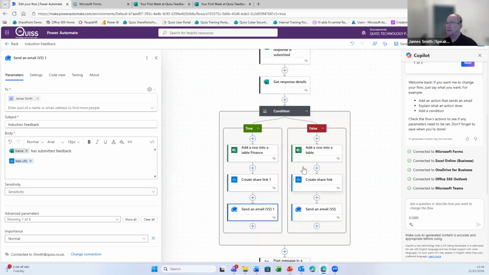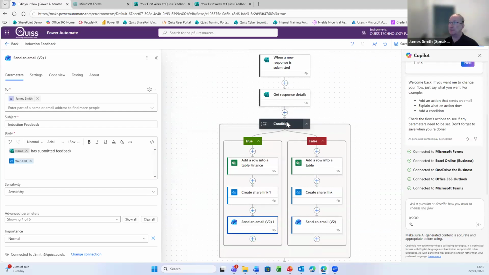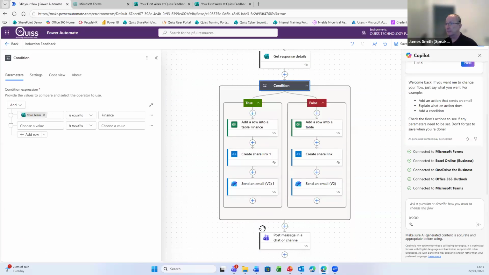specific route. So what it will now do is the form is submitted, gets the response details, checks whether or not the team that's been submitted is finance. If it is, it adds it into the table in the finance folder, creates the link to that specific file, sends the email, posts into Teams. If they select anything other than finance, it adds a row into the standard table, creates the link, sends the email, posts into Teams. So if I save this,